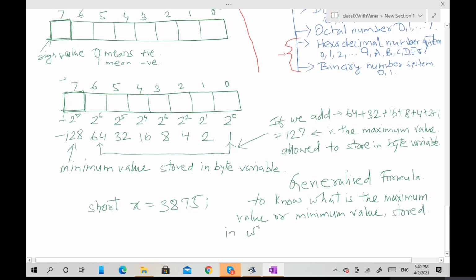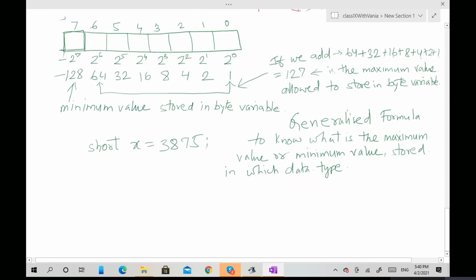First, you need to know the size of the data type. The formula is very simple. The formula would be 2 to the power of n minus 1, minus 1.